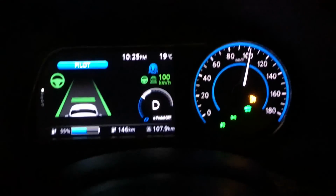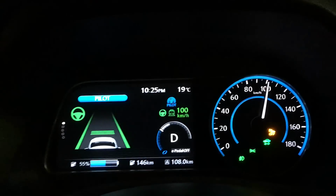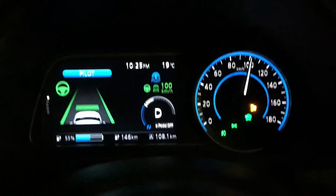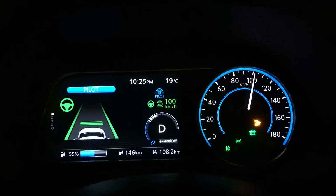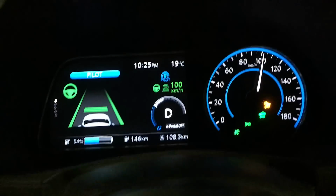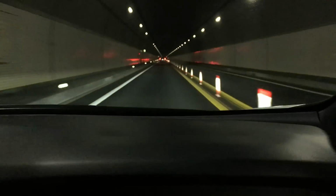It's doing fine. So yeah, when this is engaged, it's kind of weird. It's almost like a video game feel to it, when it's steering for you and you're trying to correct it. It doesn't fight you or anything, but it's a little bit harder of a steering wheel than